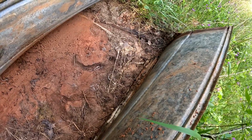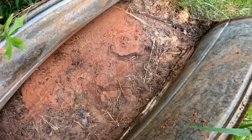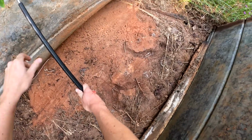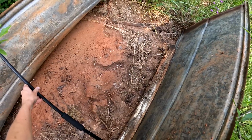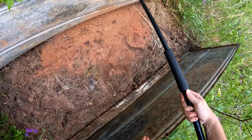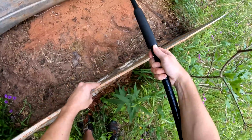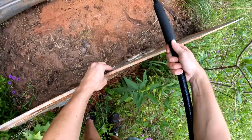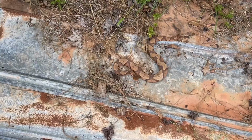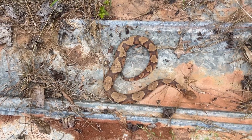Copperhead. Very nice. Look at that guy. He is big and handsome. Look at that thing. Well, that is a nice big copperhead. Really cool looking. It definitely was a pain to get it out in the open so that we can look at it, but with those...